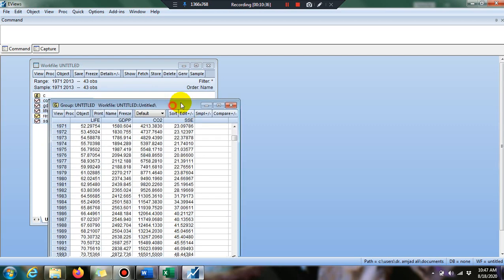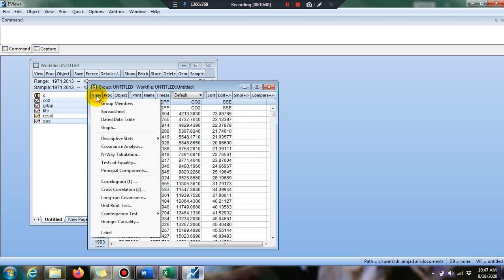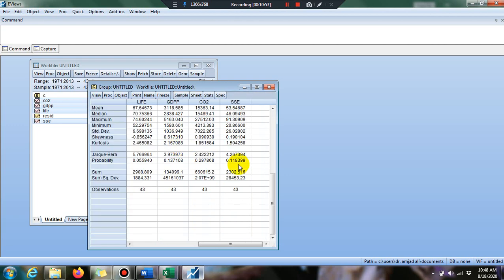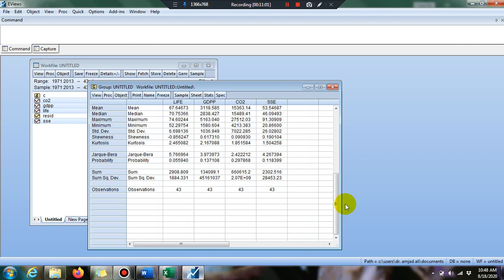This type of window will open. Here click on view. When you click on view, you see descriptive stats. Click on view, descriptive stats, and then individual samples.